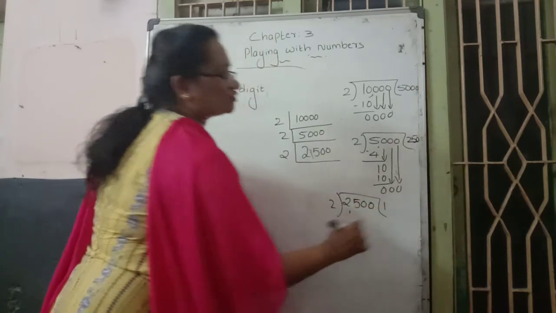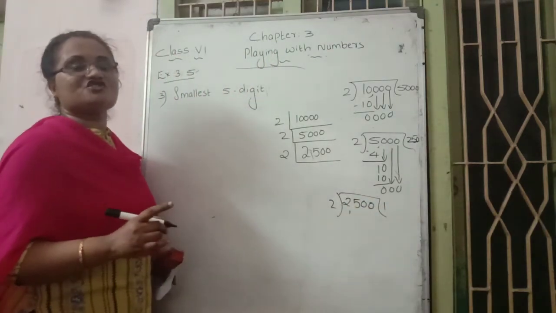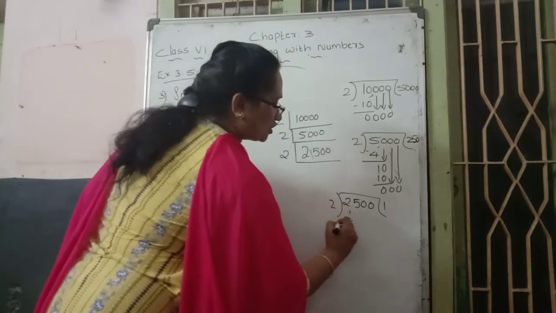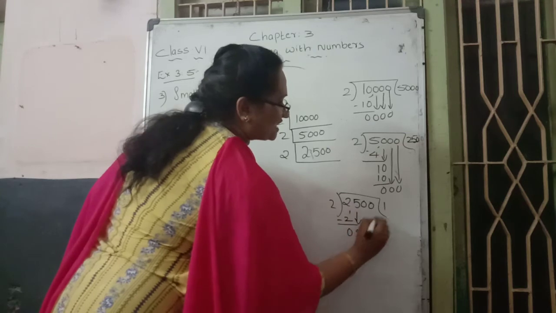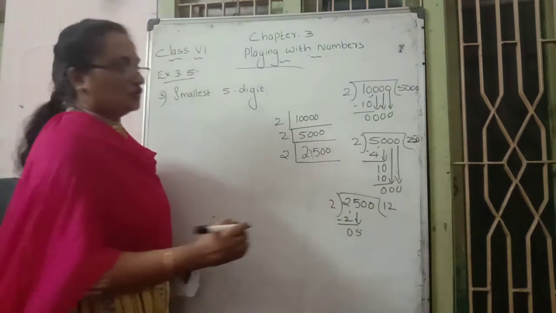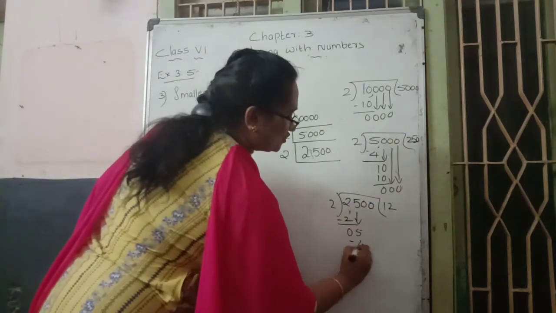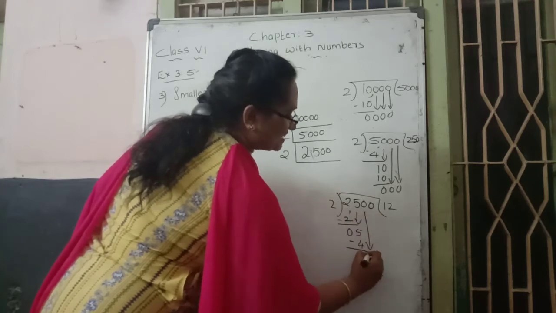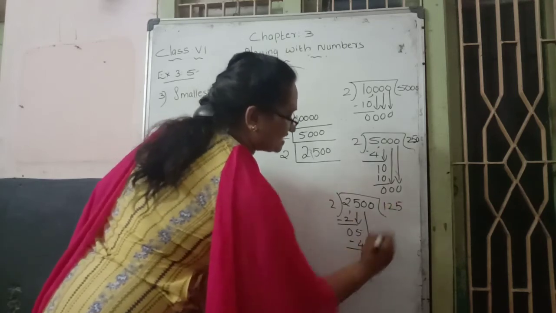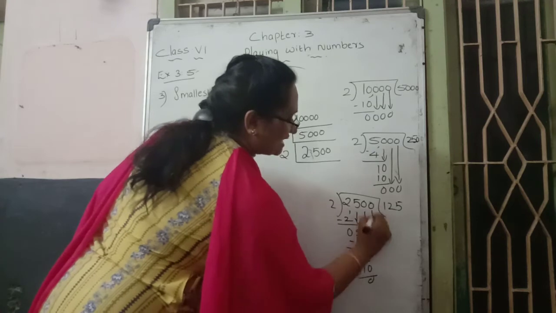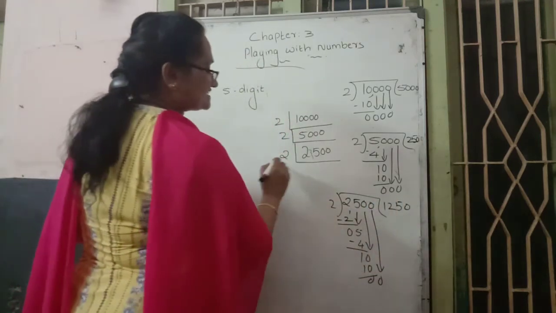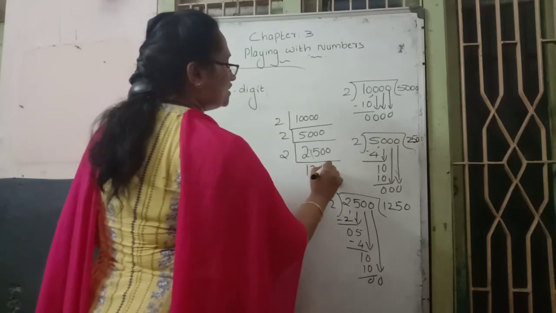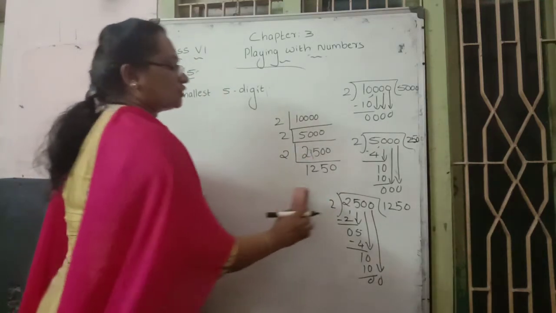First number 2. 2 table, we get 2 as the answer. 2 into 1 becomes the product 2 1. So subtraction gives 10 0. Next number 5, 2 2s are 4. So product 4, subtracting 1, next place 0. 2 table 10 is 5 times, subtracting 0. Last 0 bring down, 2 table 0 is 0 times. So what is the answer? 1250 comes as our quotient.